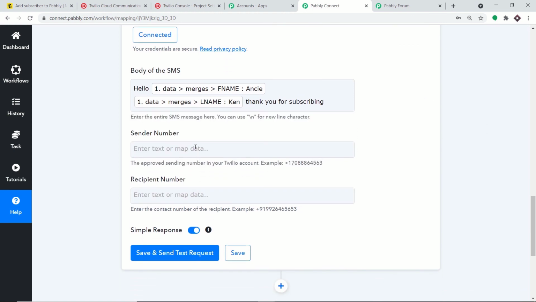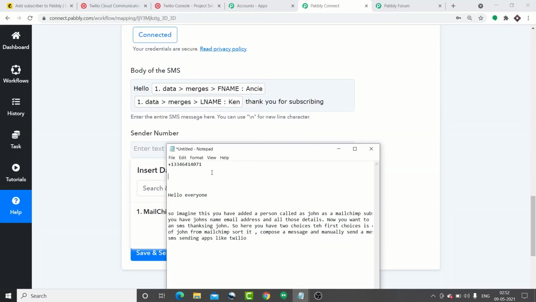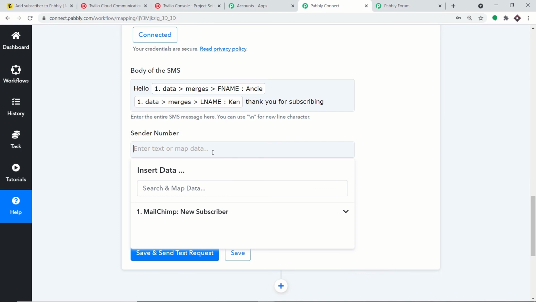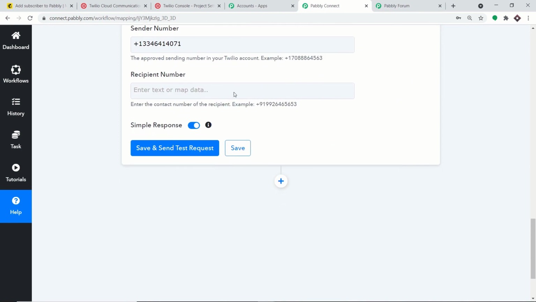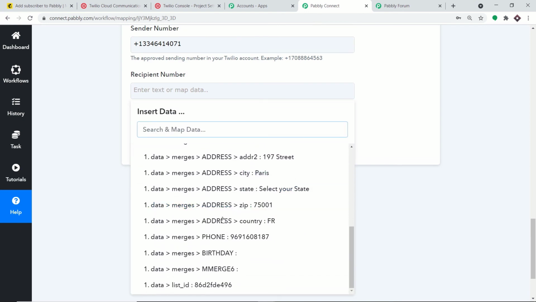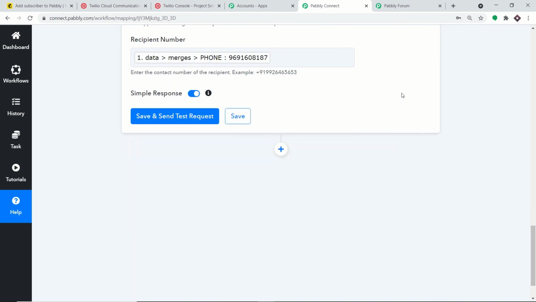Then this is my number. This is the number that Twilio has given me. I'm copying this number and pasting it here. Easy. Now coming to the recipient number, we just have to map it. The recipient number is ANSI's number. Now there is something you have to know.